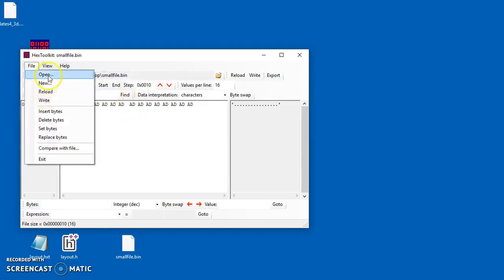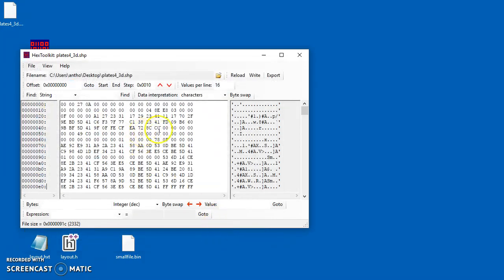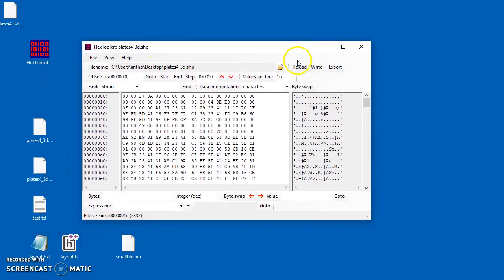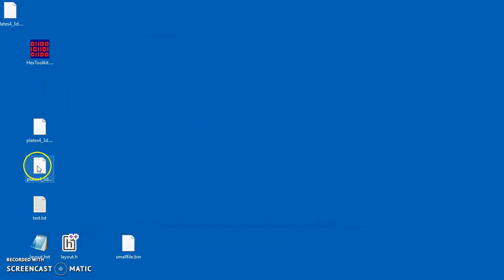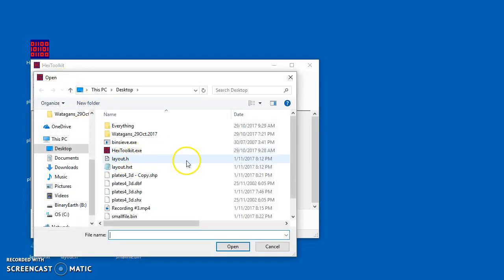Okay, so we'll open the original file that we're working with again. Now, actually what I should do here is take a copy of that file. Just make a copy of that file on the desktop here. Okay, so we've got the original file and we've got a copy. Now, let's open up the copy